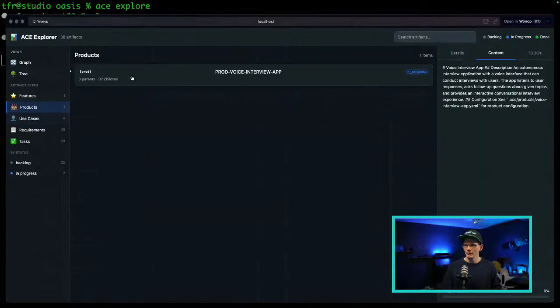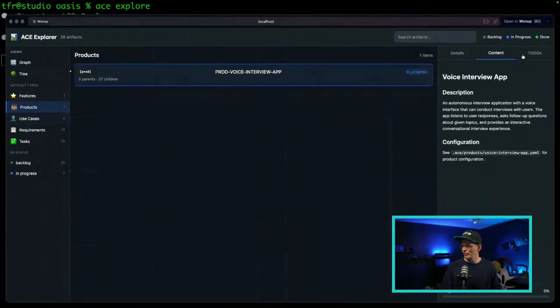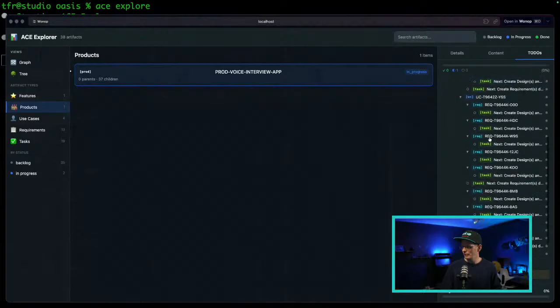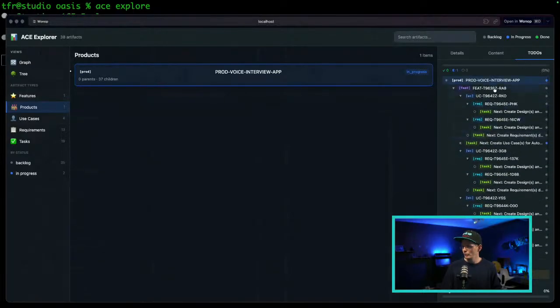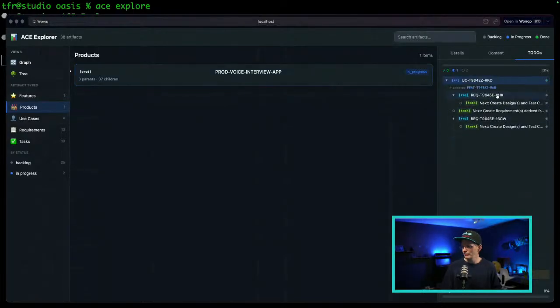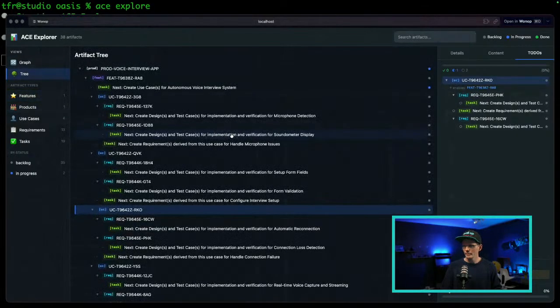But we can basically go here and click on the product, and then we can see the to-do list for that product, which is the full tree. But we could also pick any subtask, and then you get this to-do list just for that one subtask. And that's pretty much the key of it here. And then we can also see here with the small dots what we're currently working on.